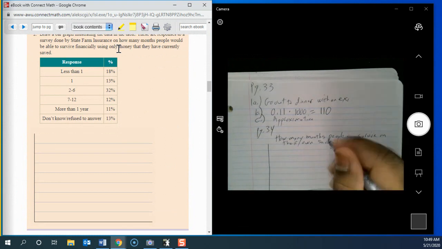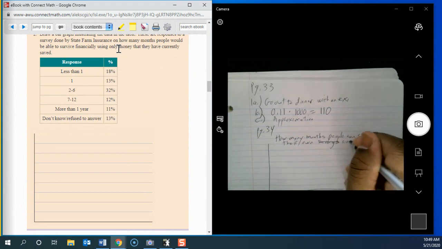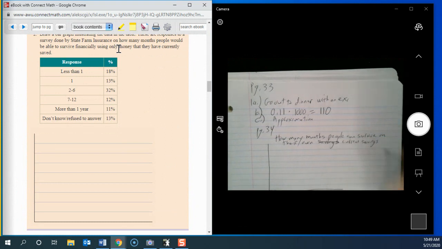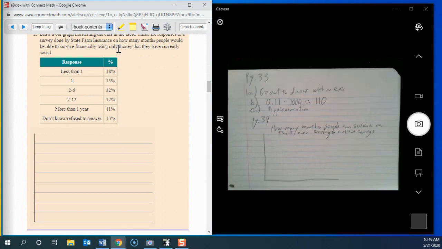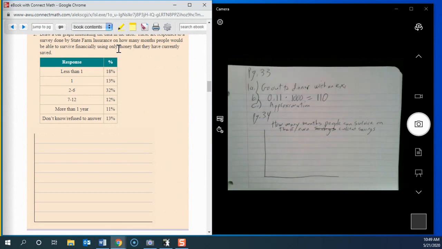I guess I should say on current savings. Yeah, I abbreviated it a little bit, but it's basically the same as what they were asking for. Okay, so